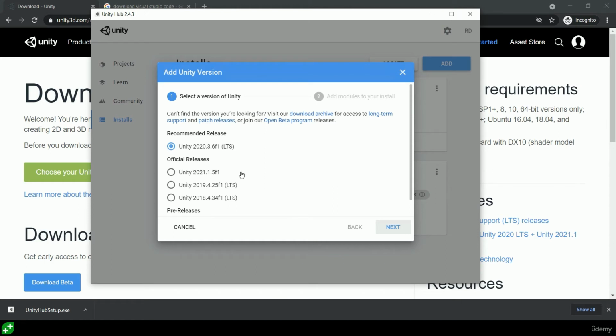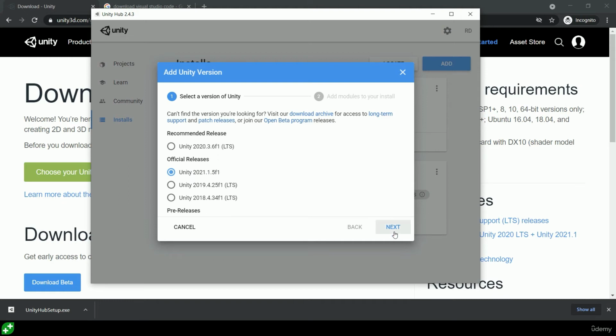Now, a couple of things to point out here. LTS stands for long-term support. In general, I always recommend working on a version of Unity that has long-term support. I'm a little bit naughty. I'm working in Unity 2021 at the moment, and it doesn't yet have long-term support, but I'm doing that so that when you're watching this in the future, hopefully it will have long-term support by the time that you're getting to this and working through it. And so once you've selected the version that you're looking for, and I recommend Unity 2021 point whatever is relevant to you at this time,